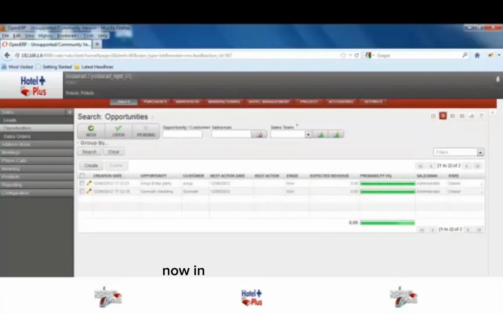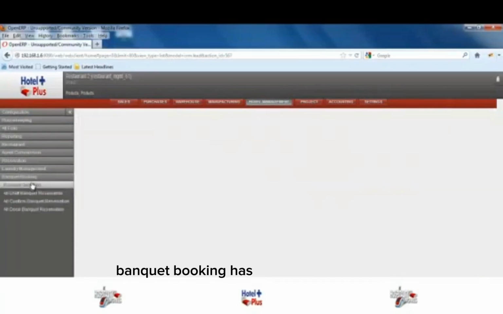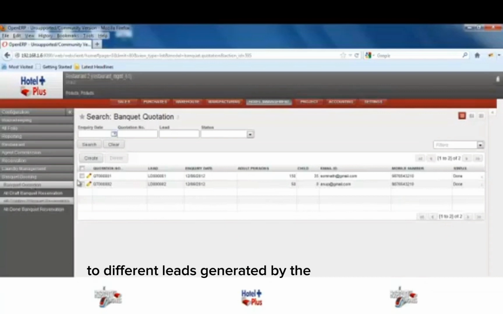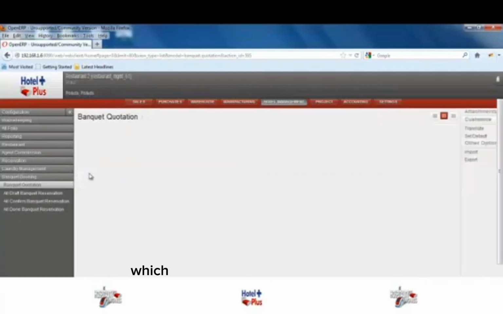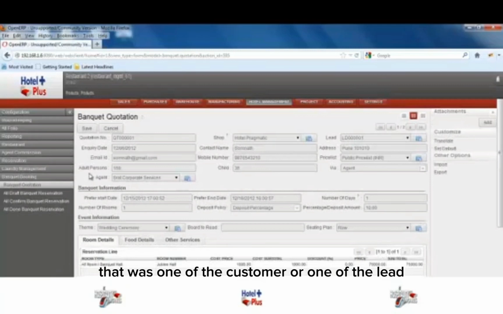Now in this particular module in hotel management, banquet booking has a banquet quotation through which we can offer quotations to different leads generated by the marketing team. Let's go to one of its quotations which has been generated for Somnath. Somnath was one of the customers, or one of the leads, you may say,